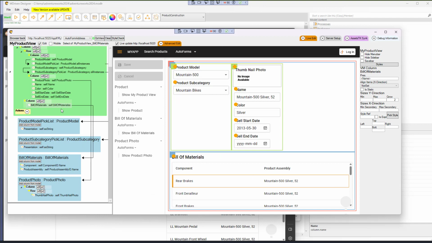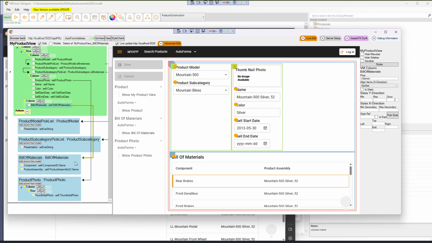So on the bill of materials, I want to maybe, when a bill of material consists of another product, jump to this view for that product. And for that to work, I need to assign an action that is triggered to jump back to this view,